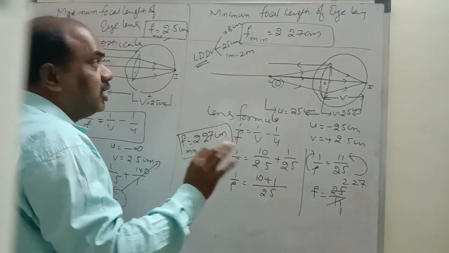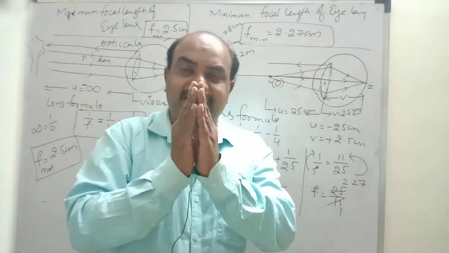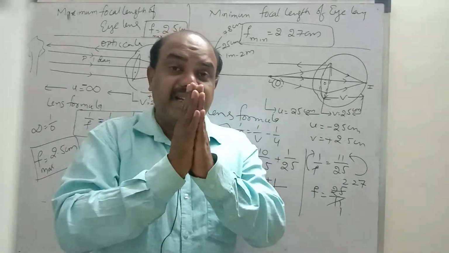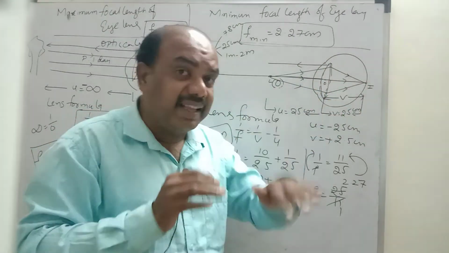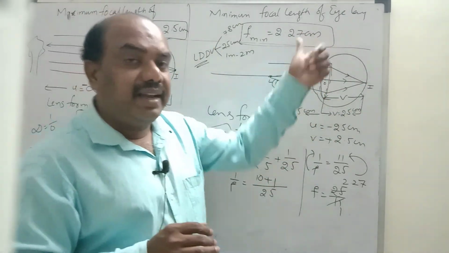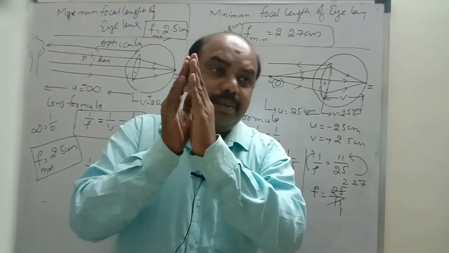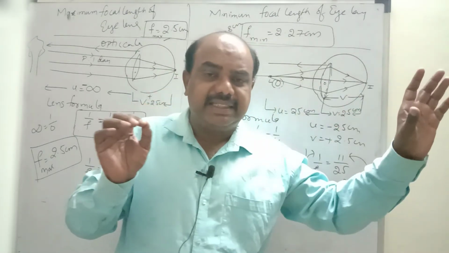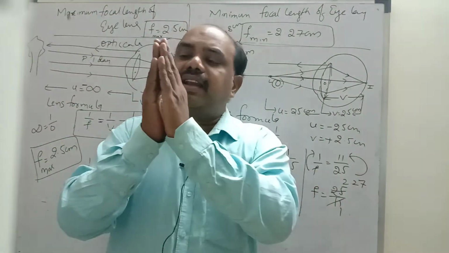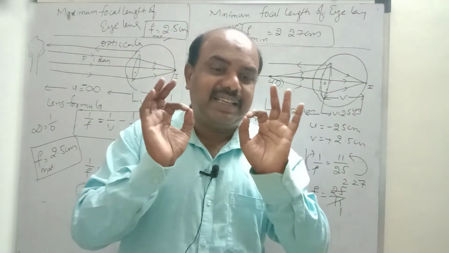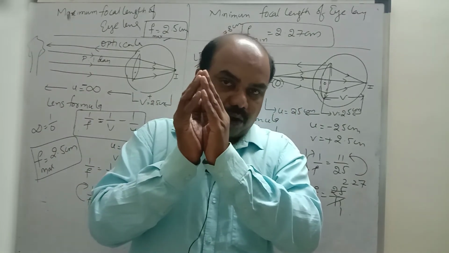But the important thing here is the minimum. When do you get the minimum focal length? If you see a nearer object, our eye lens expands, then the distance between the center of the eye lens and the retina decreases. So the minimum focal length is 2.27. If you see a farther object, our eye lens contracts. Whenever it slightly contracts, the distance between the retina and the eye lens increases, to a maximum of 2.5. That means our eye lens can contract or expand up to some extent only. This is important. Our eye lens cannot expand much, and cannot contract more.